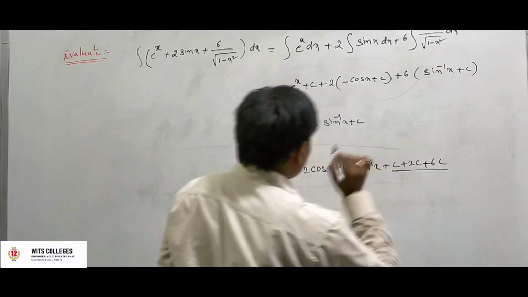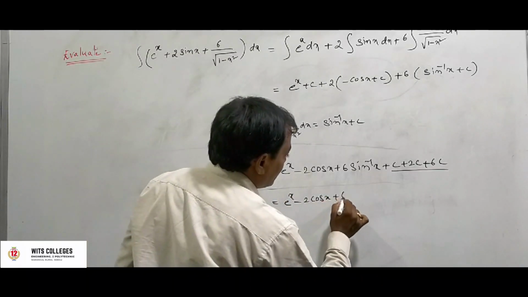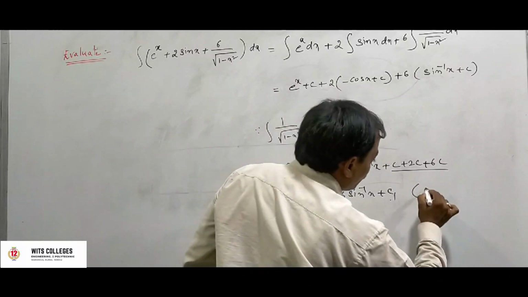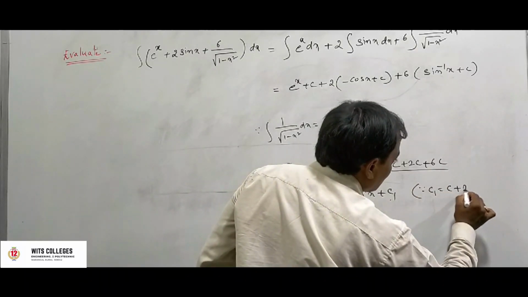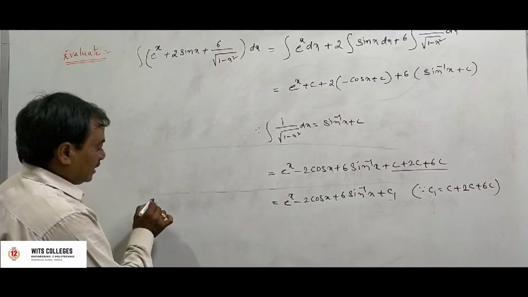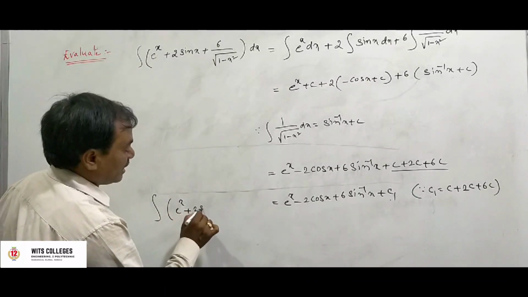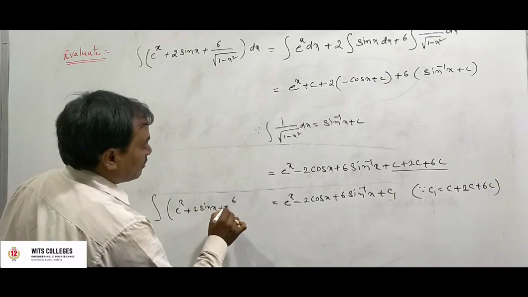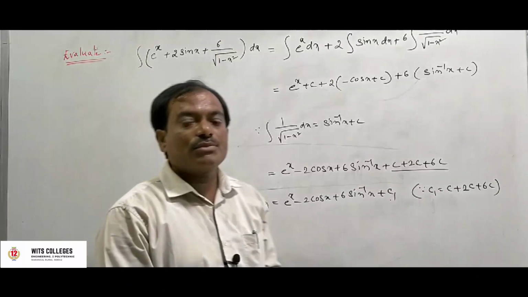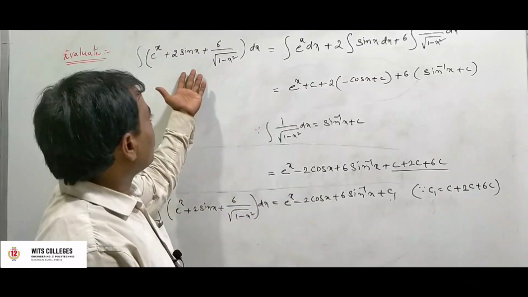So in total this is replaced by one arbitrary constant, plus 6 sine inverse of x plus c1. So this is an arbitrary constant, since c1 equals c plus 2c plus 6c. This is the process of finding the integration value of the given indefinite integral e power x plus 2 sin x plus 6 by under root of 1 minus x square dx. Now these are very simple problems. If you know the basic integral formulas, we can find the integral of these kinds of indefinite integral values.